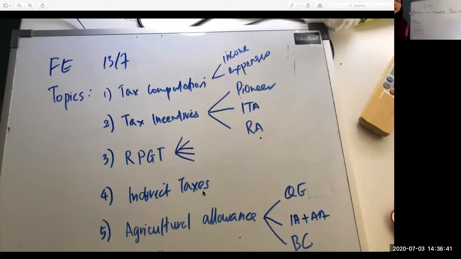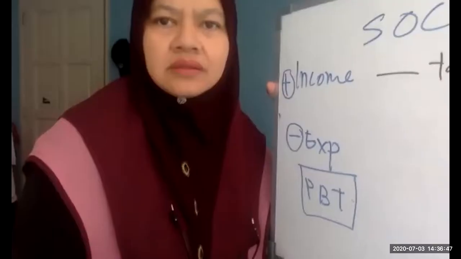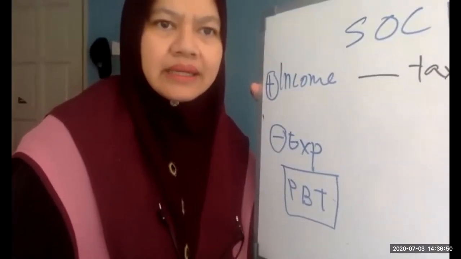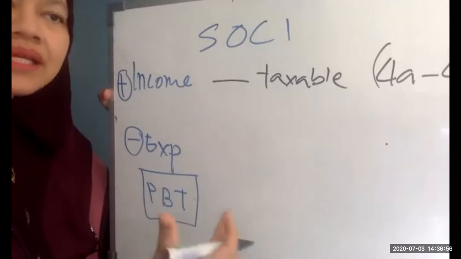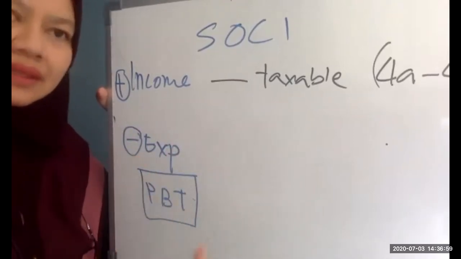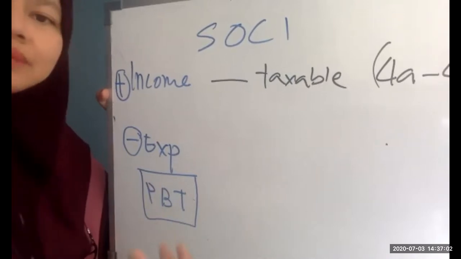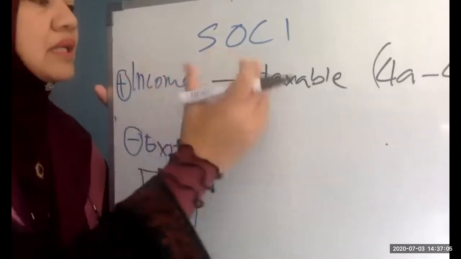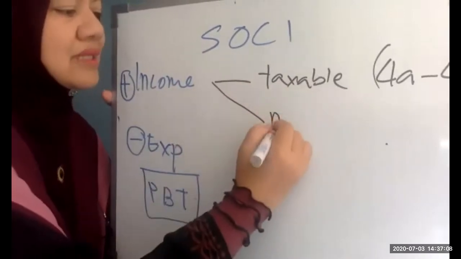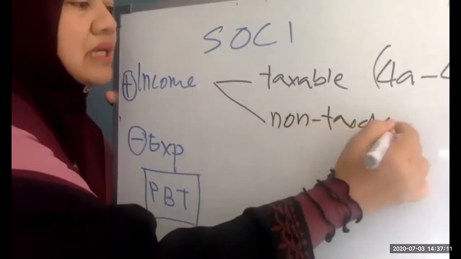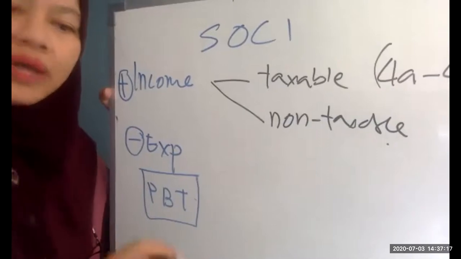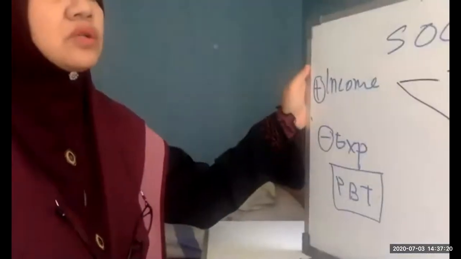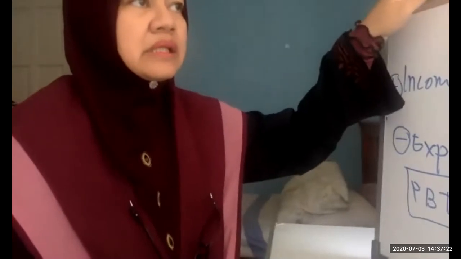It could be a business income, it could be dividend income. Income here means income from your business, income from your dividend, income from your rental, and business can also have business one, business two, right? So the income here could be taxable, or you can also have non-taxable income. Non-taxable income means that income which is not subject to tax. How do you know that income is not taxable? It doesn't fall into 4A to 4F. So when the income does not fall into 4A to 4F, it means that the income is non-taxable.